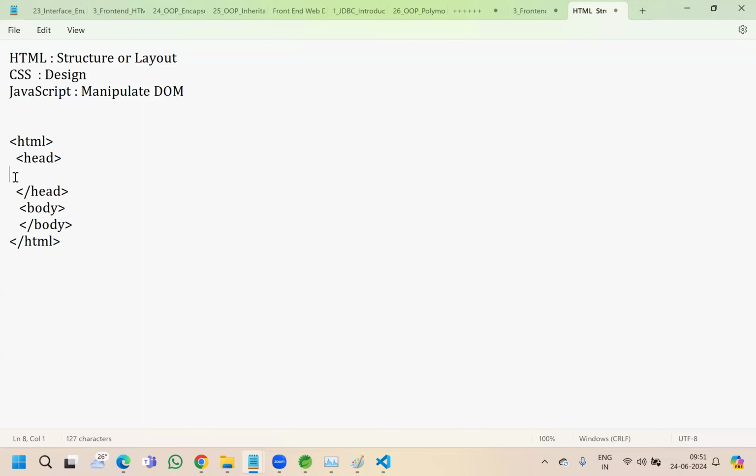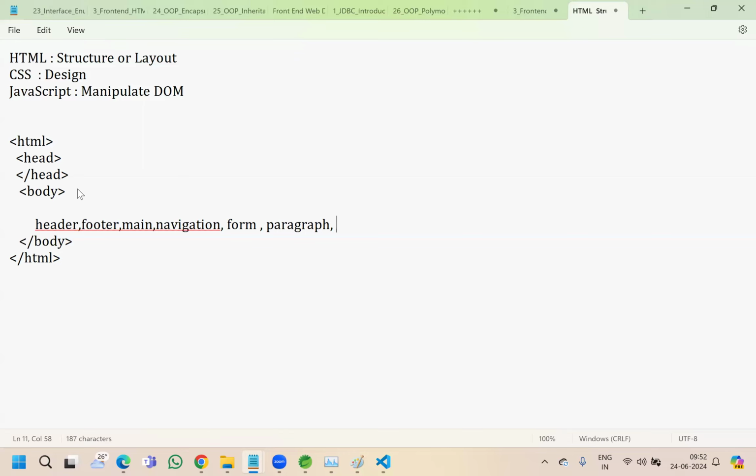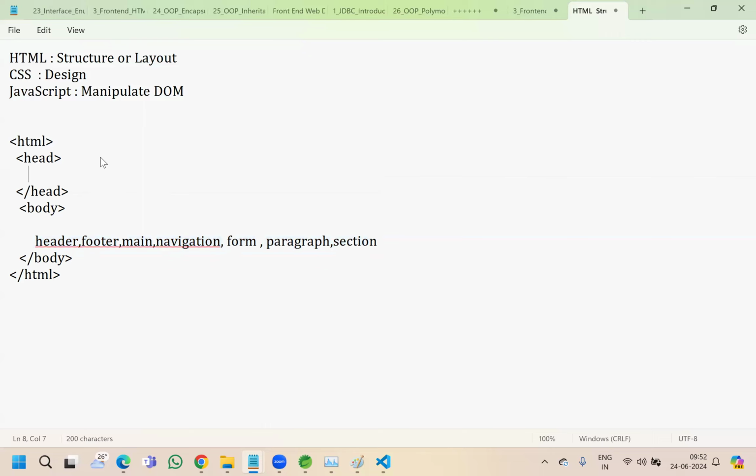So under the body, we have to define our structure, whatever our HTML structure, like our header, footer, main page, our navigation, like our form. Under the form, a lot of input over there, paragraph. So a lot of things we can put inside the body. So this is the thing under our body part, and under the head section we can define the metadata